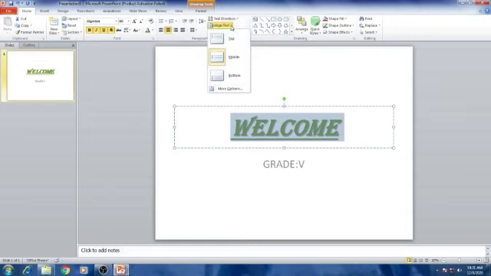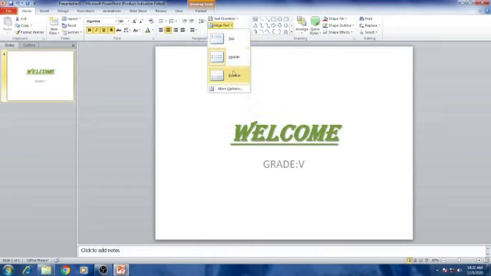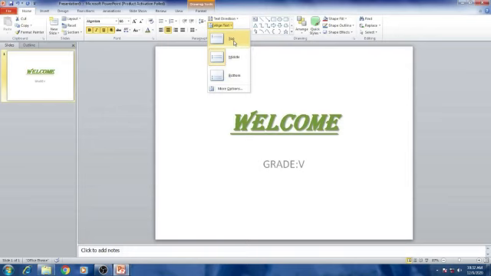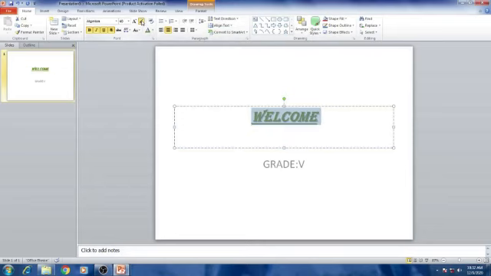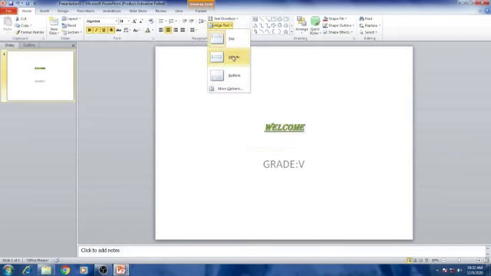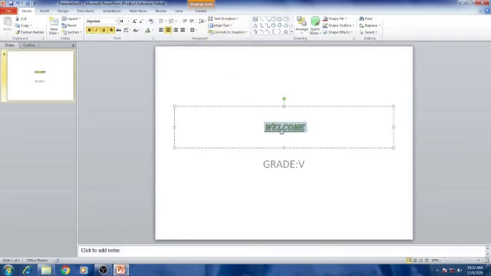You can see the vertical alignment options are top, middle and bottom. Top means the text will move to the top inside the placeholder. See, if I click it, it moves to the top. Let me decrease the size, then it will be clear for you. If I click the text and choose the middle one, the text moves to the middle part of this placeholder.